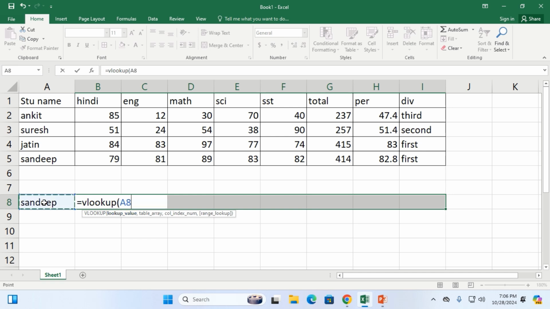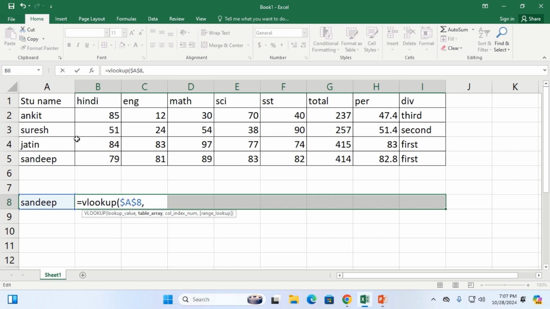And then I'm going to type a comma. We can use VLOOKUP with multiple criteria. In this situation, I'm going to select my cell and lock this cell, because without locking, this formula will not work. Just select this cell and then press the F4 function key. And after that,